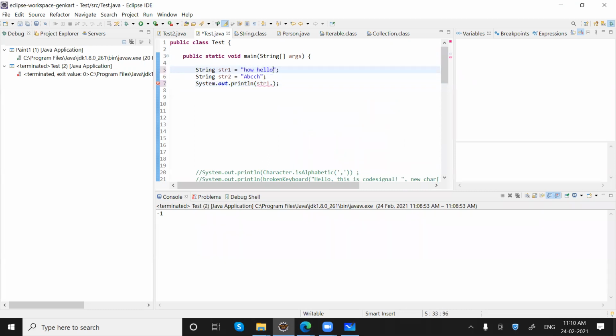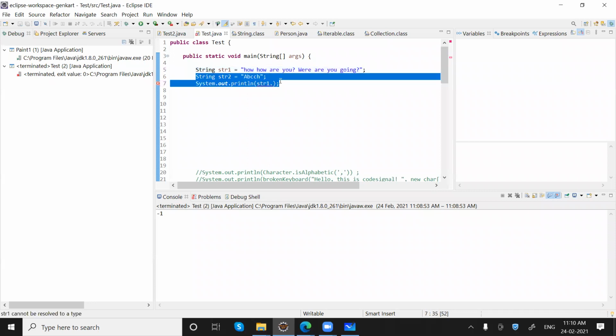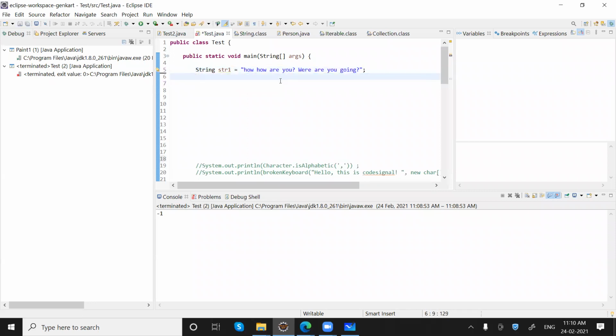We have this string, "Hello, how are you?" and another, "where are you going." Now we have spaces at the beginning and at the end.